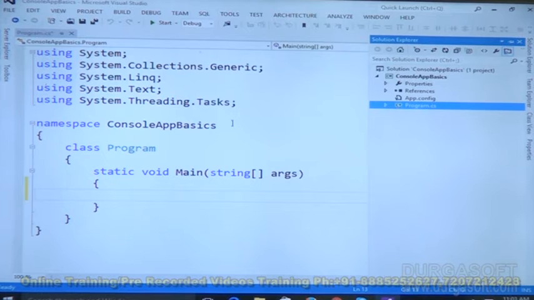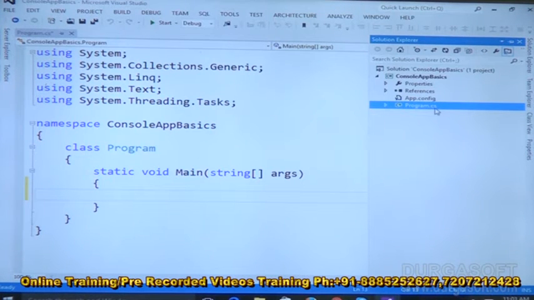By default one class came, called Program.cs. Here .cs is nothing but the C# extension. If we chose VB.NET, you would get .vb, so it is .cs or .vb. We have chosen the Visual C# programming language, which is why it is showing Program.cs. CS means C# extension.